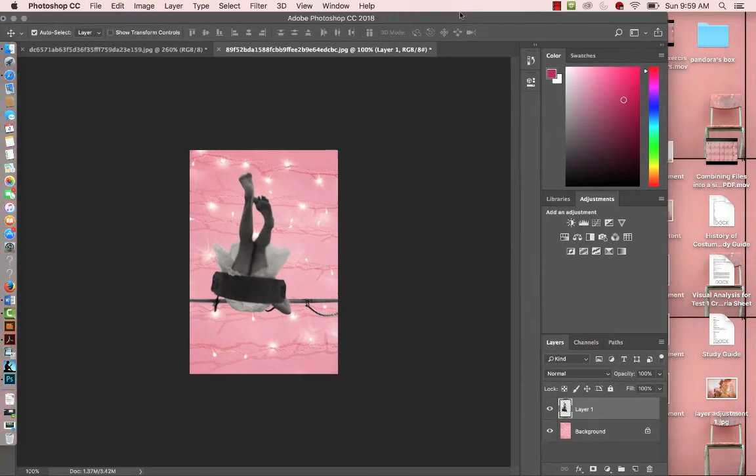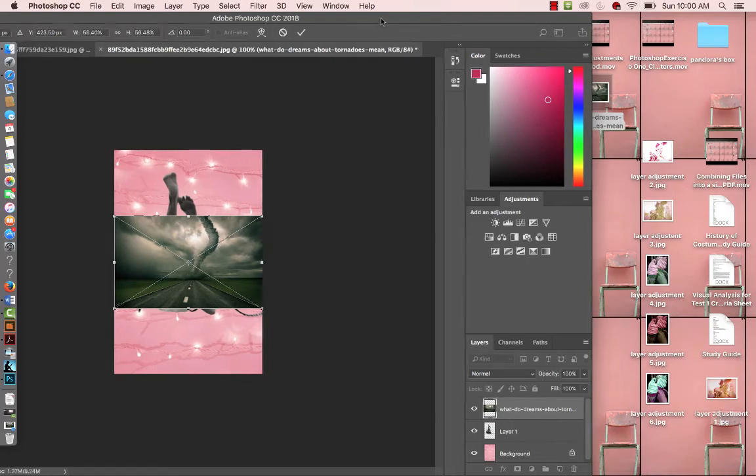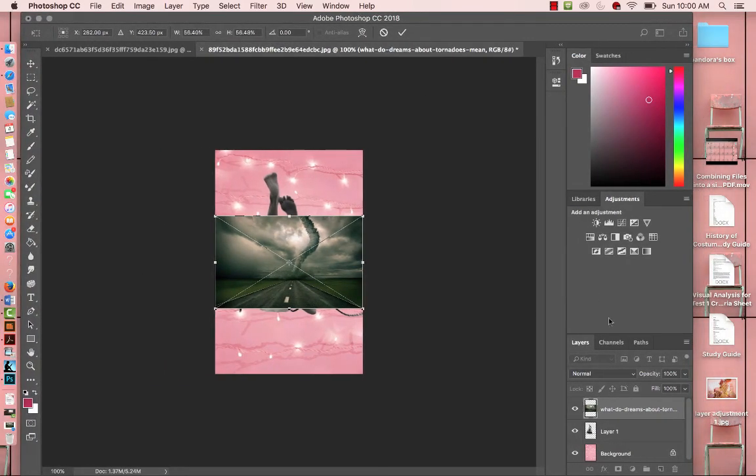Now I've pulled another image. What did I do with it? There it is. I'm going to pull this image into the document now. I don't want to open it. I'm going to bring another image into this document. And I want it underneath